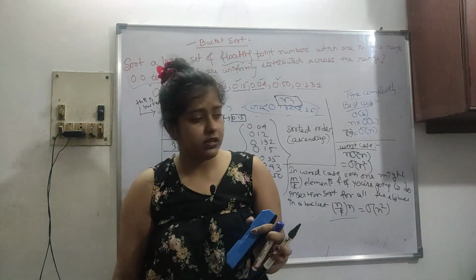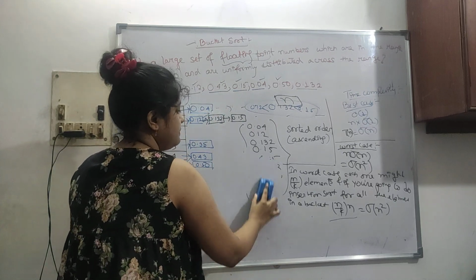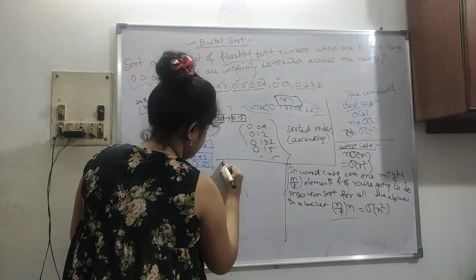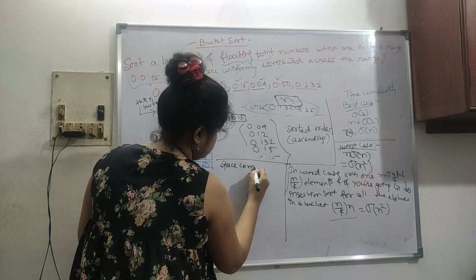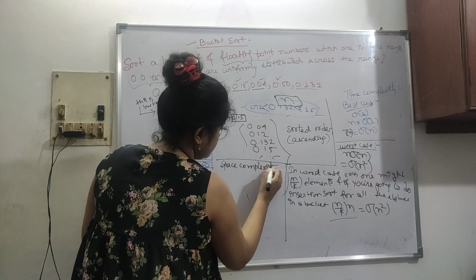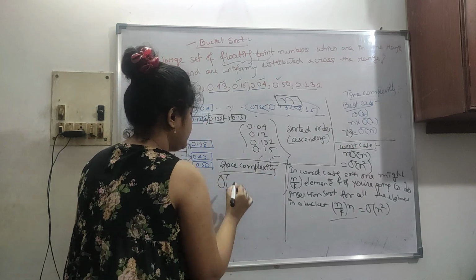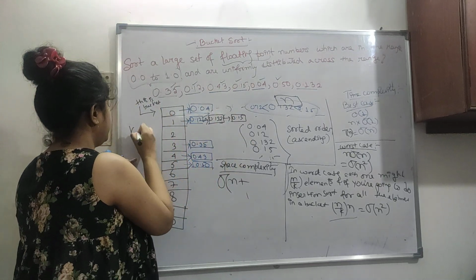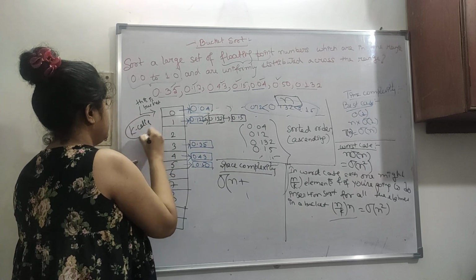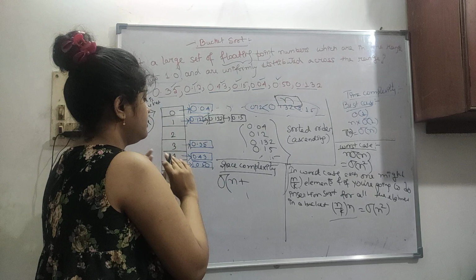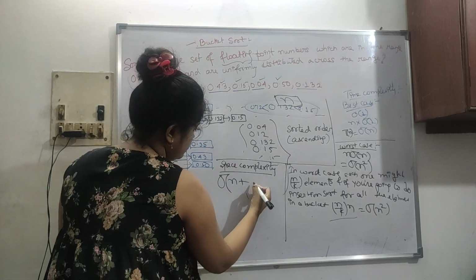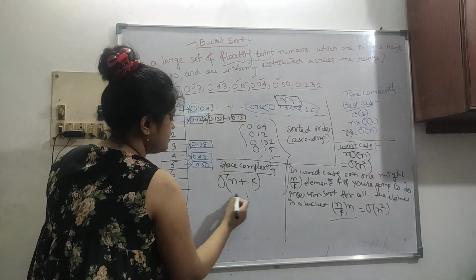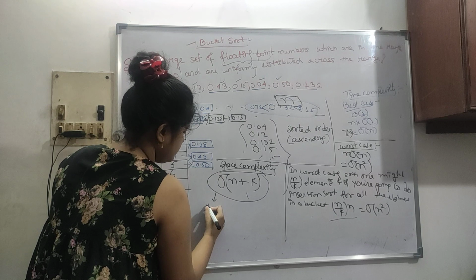Okay, so now let's see our space complexity here. Let's say it has n elements. Extra k cells are required. Whatever extra space is required, we use in the space complexity. So n was the number of elements and k is the extra space. So this is our space complexity.